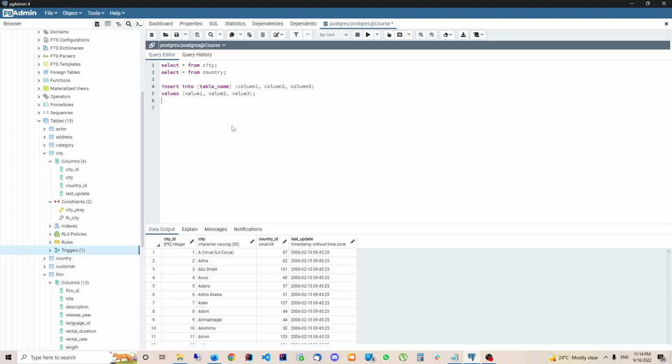Okay, so moving on, I'm going to show you how you can insert multiple rows using only a single statement. Now you can just copy this and paste it multiple times. It is a solution, but I'm going to show you a faster way. So let's say we want to insert into our city table